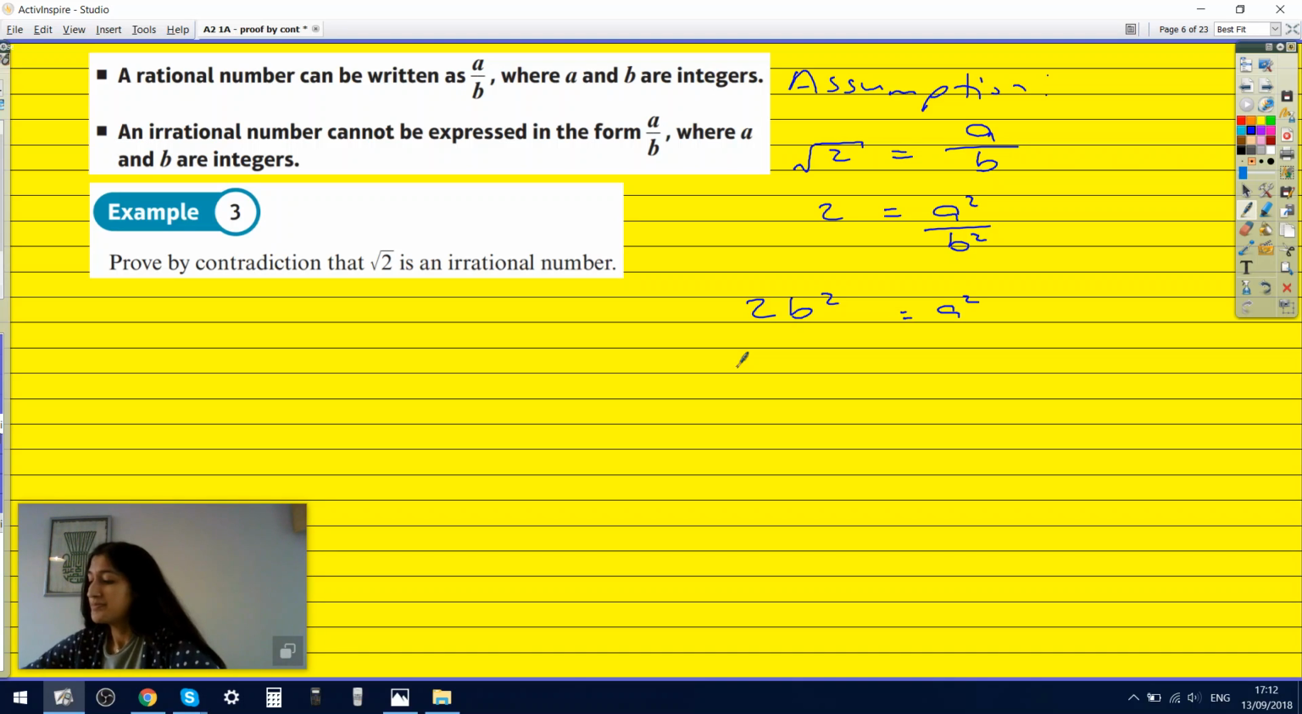Yeah, now I'm stuck. It's an irrational number. So a squared is a square number. It's 2b squared. That's even, isn't it? 2b squared is an even number. It must be an even number because it's a multiple of 2. 2b squared is even because it's a multiple of 2. Does that mean...